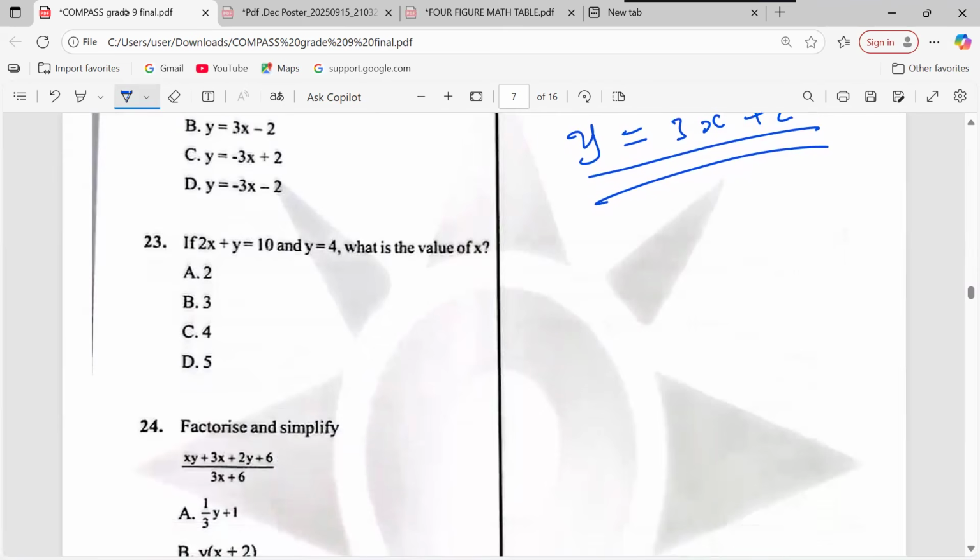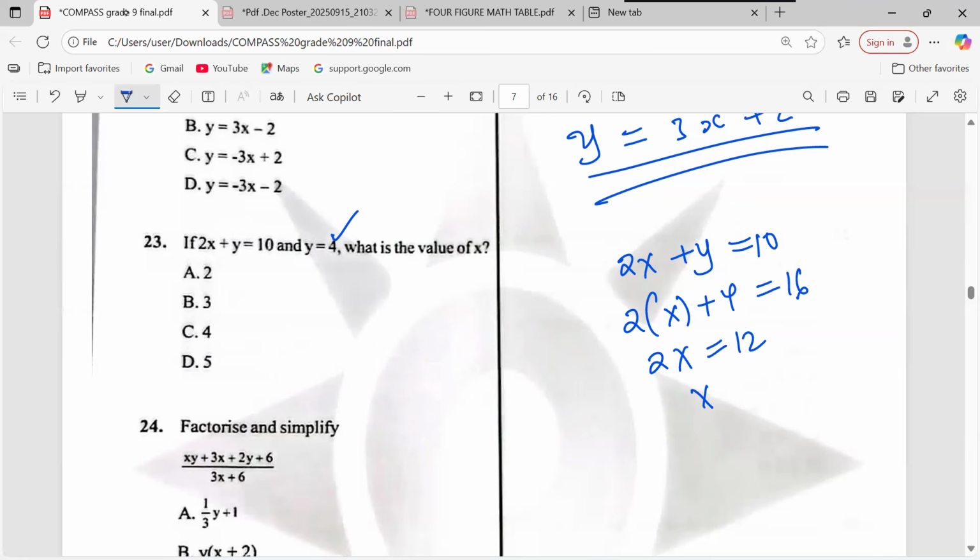Number 23. If 2x plus y equals 10 and y equals 4, calculate the value of x. Therefore, 2x plus y equals 10. Meaning that we have 4 to substitute where there is y. So 2x plus y equals 16. 2x equals 12. X equals